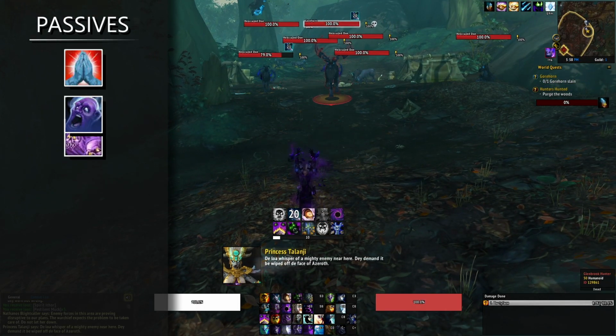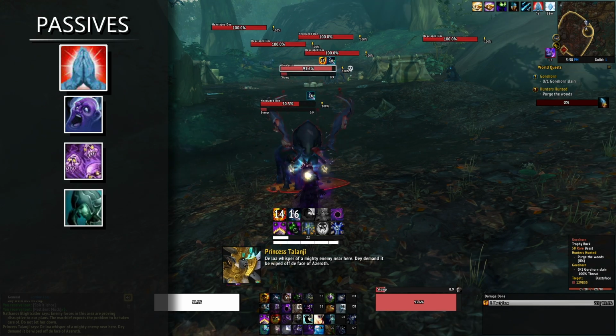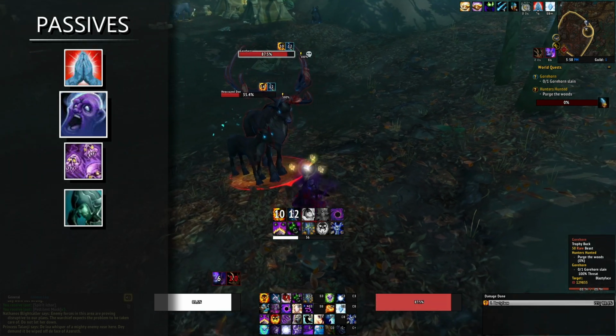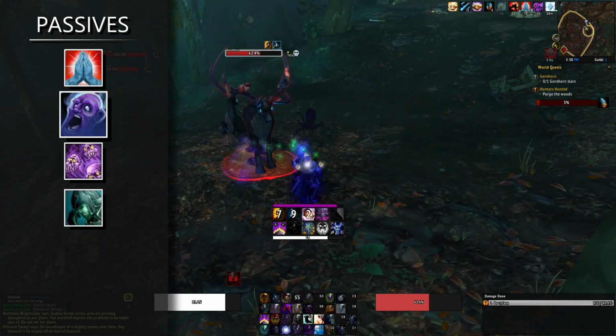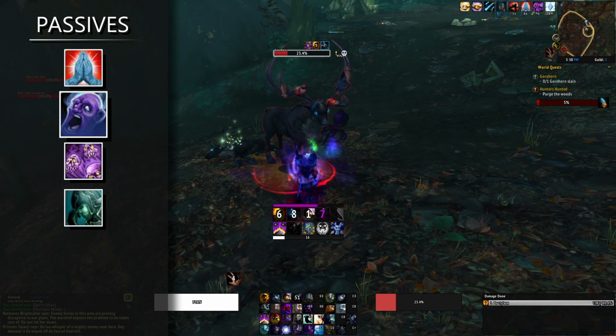On to the passives. Focused Will: gain 15% damage reduction for 8 seconds after taking a melee attack. Dark Thoughts, a new passive: for each dot you have on the target, Mind Flay and Mind Sear have a 3% chance to increase your number of Mind Blast charges by 1 and make it insta-cast, which can be cast even while channeling Mind Flay